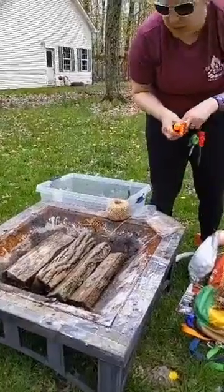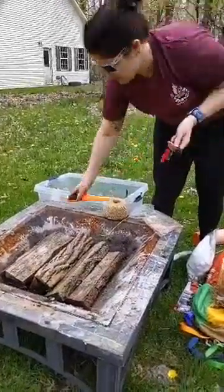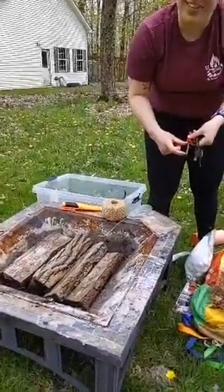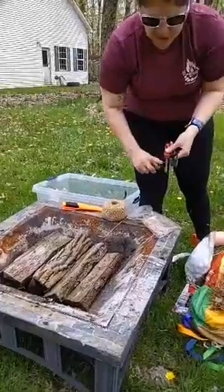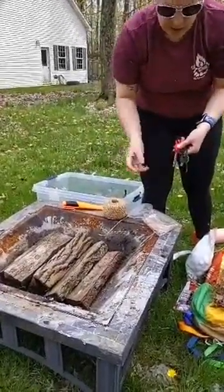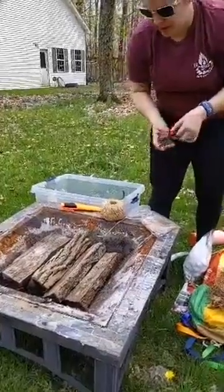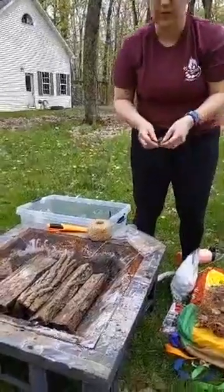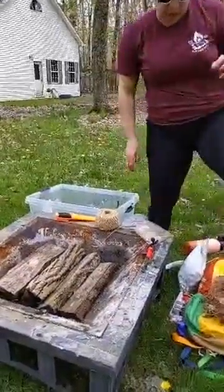Another type that you'll see looks more like a block. There's a magnesium block, and then there's a little piece of ferrocerium on it, and you can scrape the magnesium onto whatever you're starting your fire on, and that will help catch the spark. I could not find that. I even went to the store to look, but everything's sold out. Besides that, you're also going to need